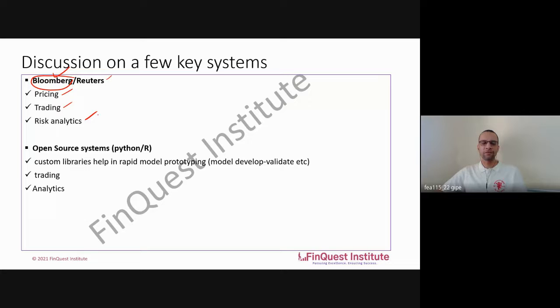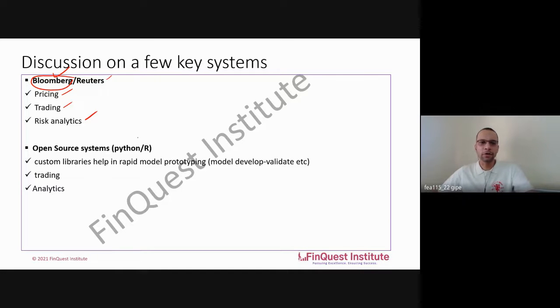Bloomberg has a value at risk calculator, and along with that, it also supports other simple risk analytics. And naturally, you have open source systems, something like Python or R. The biggest advantage is that these kinds of tools help in quick or rapid prototyping of various model concepts which you want to do. You can use any platform you like, either IPython notebook or any other platform, but your libraries will function seamlessly anywhere.